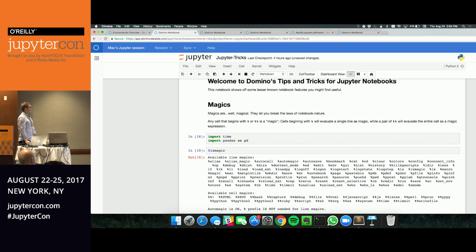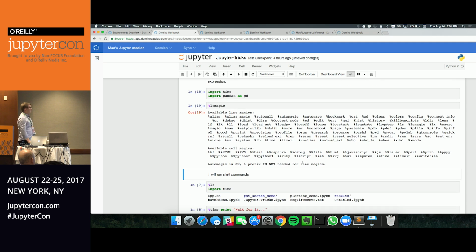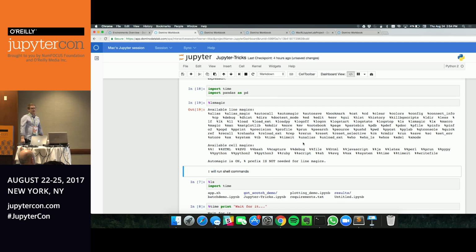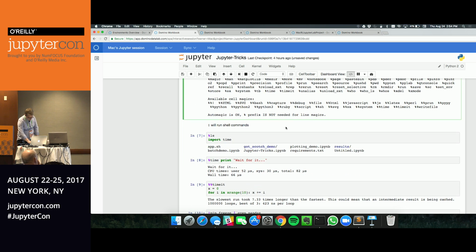So the easy way to use magics is to get the list of all of the magic commands that you have available with the %lsmagic command. Brief aside, if you want to have an entire cell run something differently, you can use two percent signs and it'll run in however you specify it. For example,